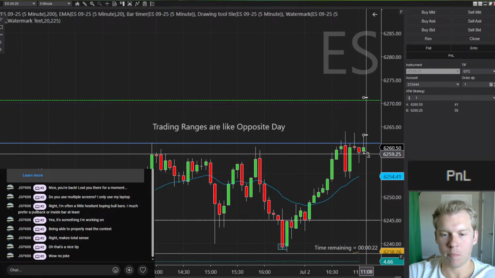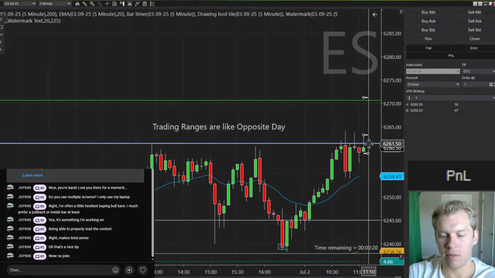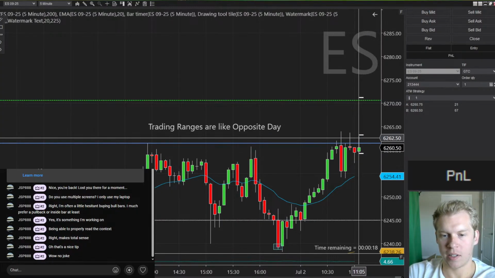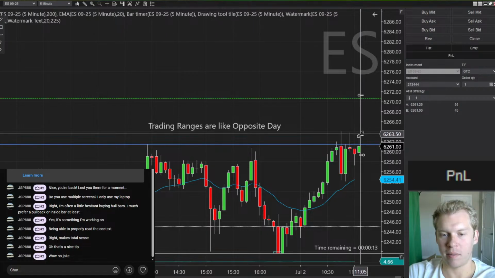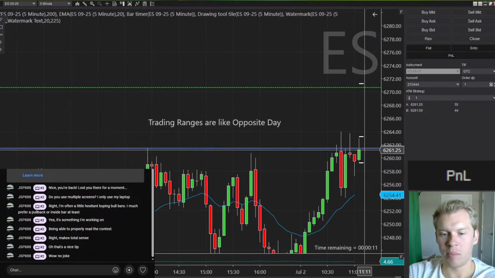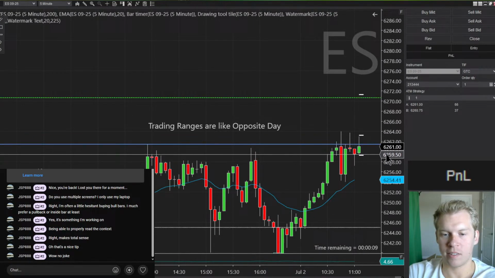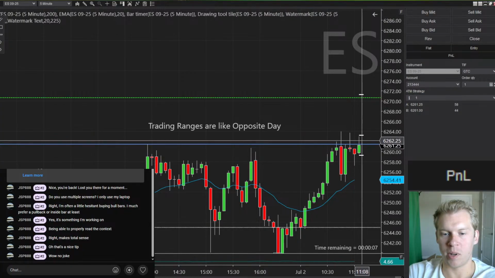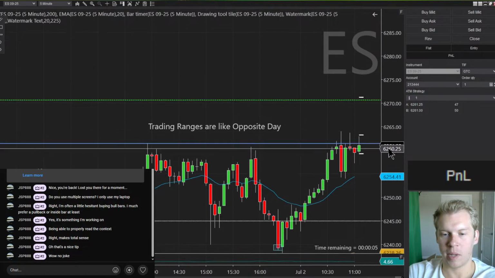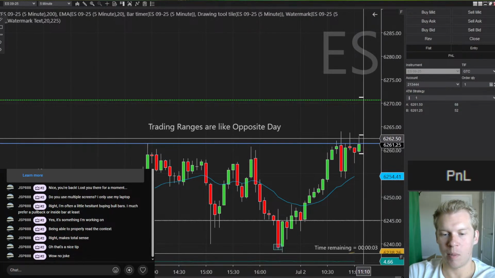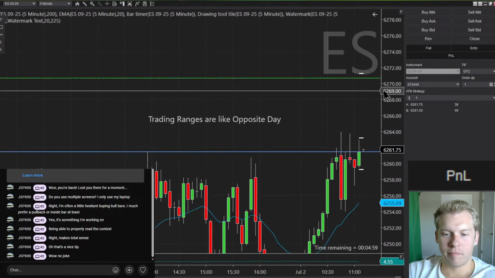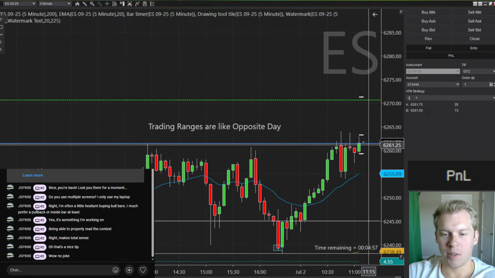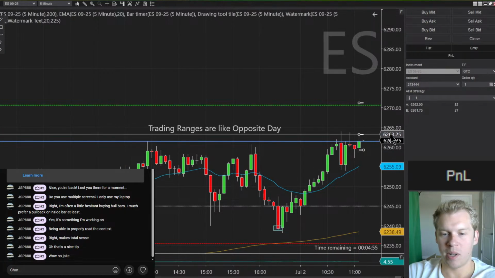So, I would not buy above it like it is now with this big tail on top. I would want to see it close above its mid price at least. I'd really want to see it close almost at its high price. So it is above its midpoint. It's close. I think it would be okay for